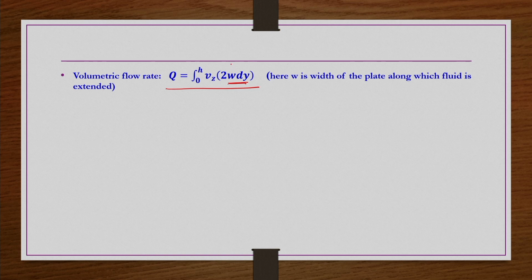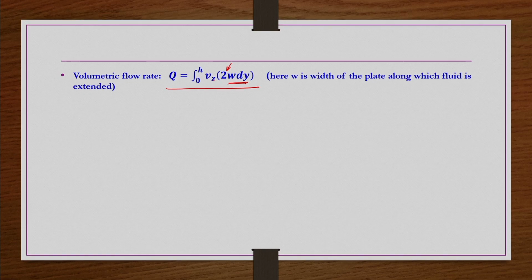Then this 2 is multiplied, because whatever the velocity profile that we got is between y is equal to 0 to plus h only, but the volumetric flow rate we are getting is for the entire geometry because it is flowing in the entire geometry. So, whatever the volumetric flow rate is, that is what we are going to get. Since the velocity profile from y is equal to 0 to y is equal to plus h is the same as between y is equal to 0 to y is equal to minus h, that is the reason the velocity is multiplied by 2 here.